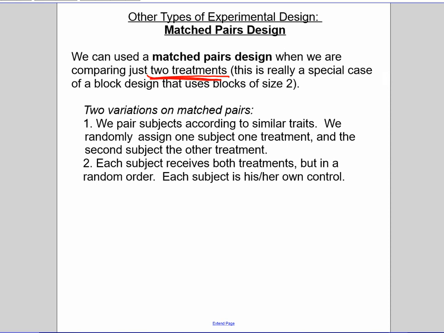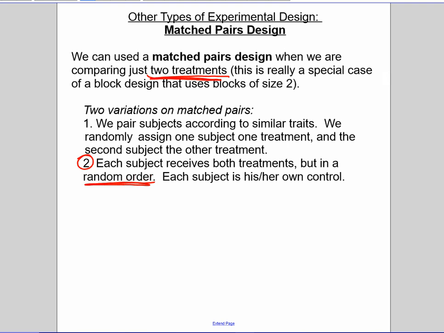So what I would do is, I'm on kind of option 2 here. Each subject is going to receive both treatments, in other words, eat both cookies, but in a random order. I would still take my 100 subjects, divide them into 2 groups, so 50 people in each group, and then